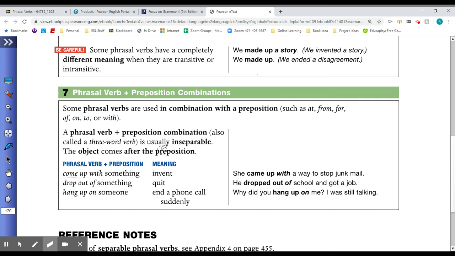In this case, the phrasal verb is usually inseparable, and the object will come after the preposition. To come up with something means to invent. She came up with a way to stop junk mail, a new idea. He dropped out of, we drop out of something. He dropped out of school and got a job. Why did you hang up on me?